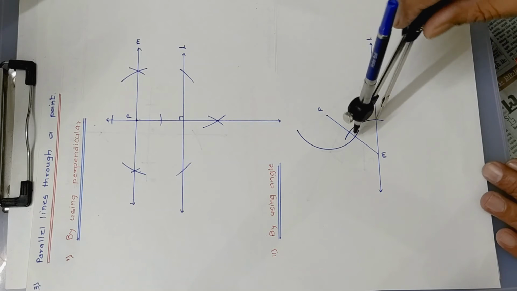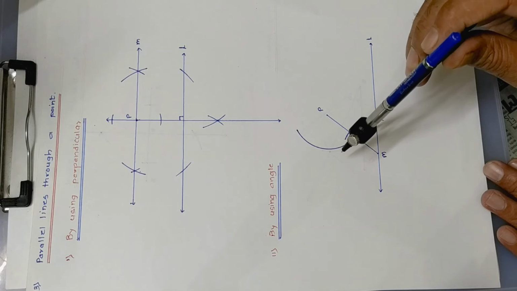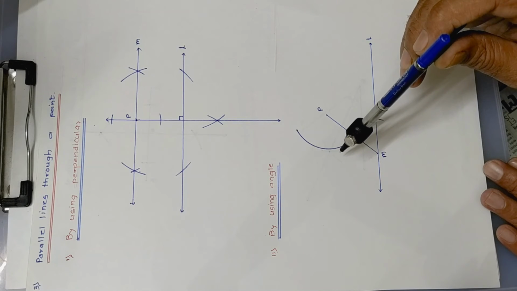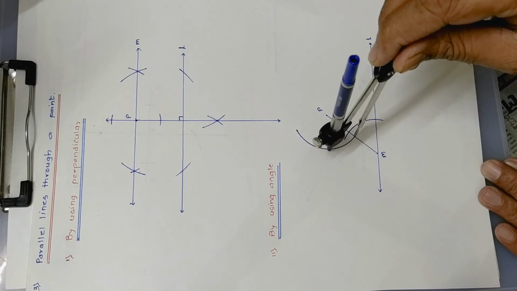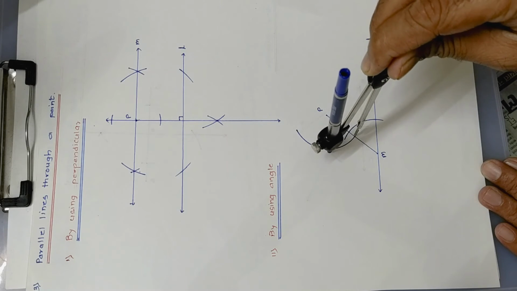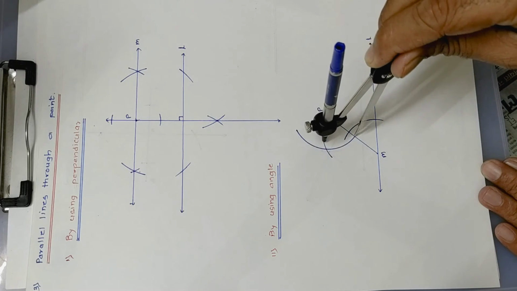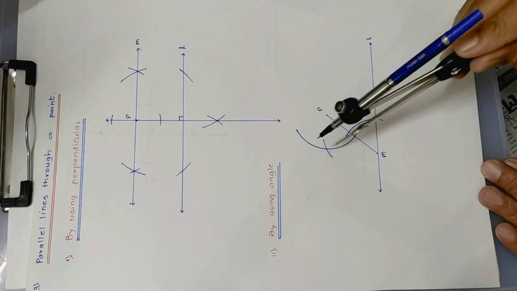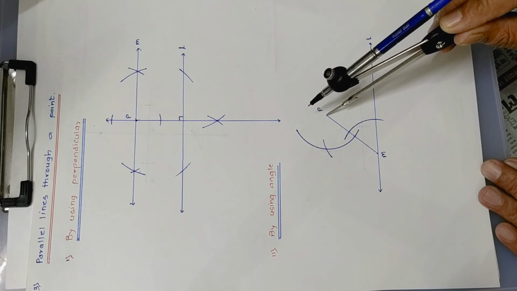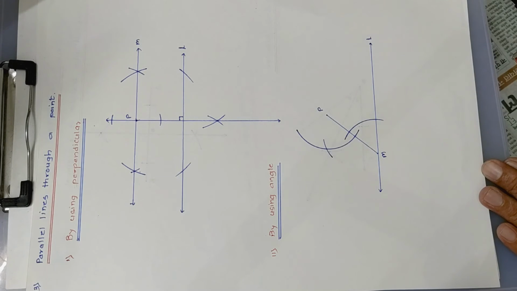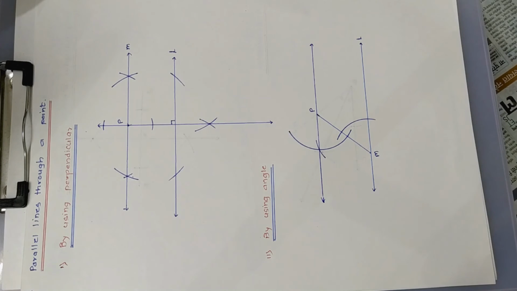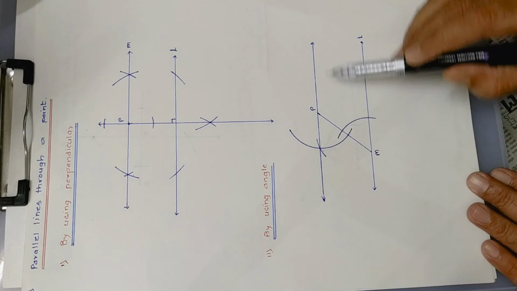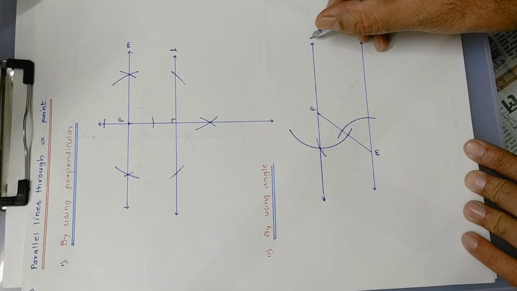After taking the measure, what you are going to do? Now you are going to put your compass on this arc which is drawn through point P and draw the arc which will intersect this bigger arc like this. Finish. We got one intersected point. This intersected point and this point P we are going to join, and then you are going to get a line which is parallel to the given line. I will give you the reason for that. Like this, you have to draw a line, say suppose line N.